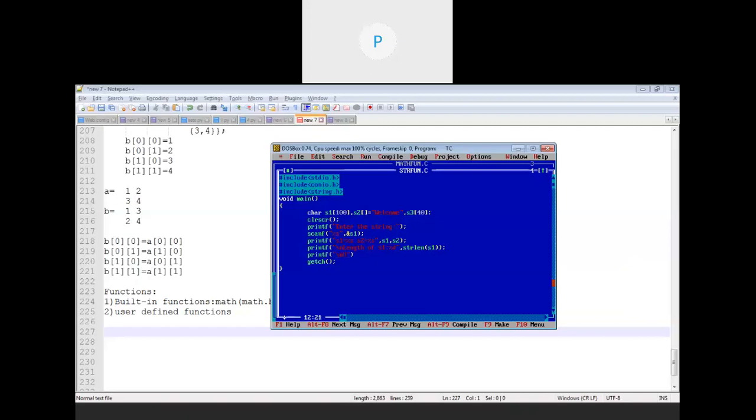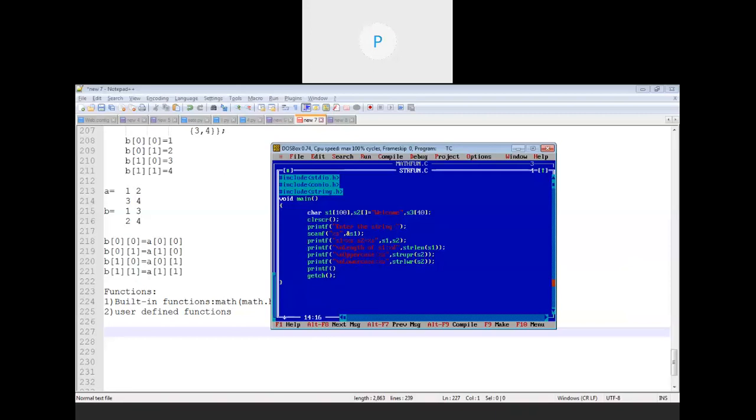Slash n. Another is we have the option to convert the string into uppercase or into lowercase. So %s uppercase, strupr, okay, say s2. So that welcome will be converted into uppercase. In the same way, lowercase %s, strlwr, s2. So this is used to convert the string into lowercase letters.